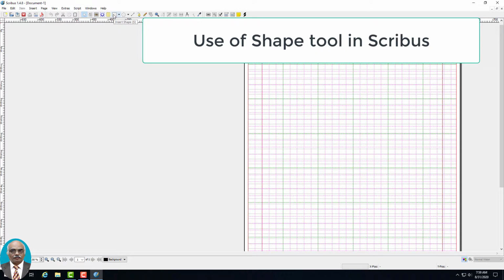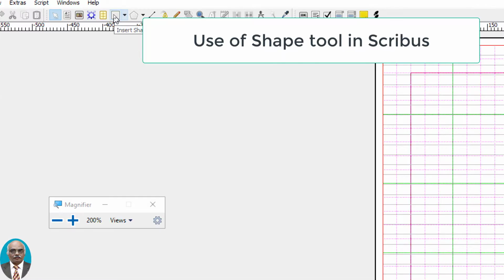Let me magnify and show you. This is the enlarged version of the toolbar. Here is the insert shape button. On clicking the down arrow, the possible default shapes that can be inserted into Scribus get displayed. These are a few of the default shapes that can be